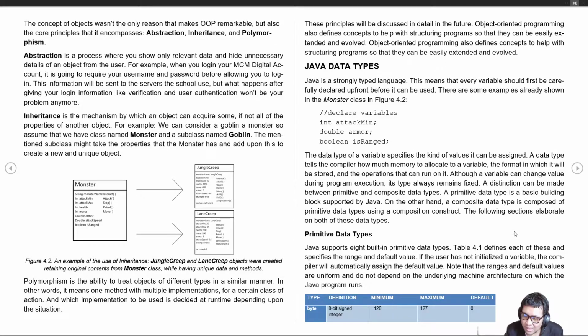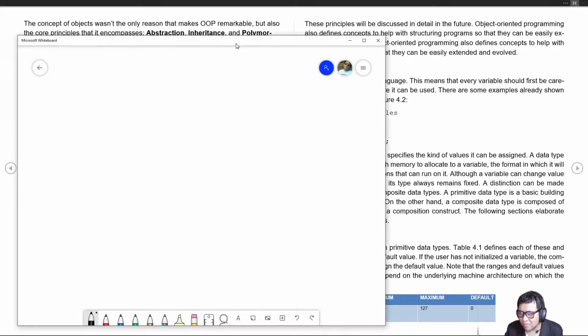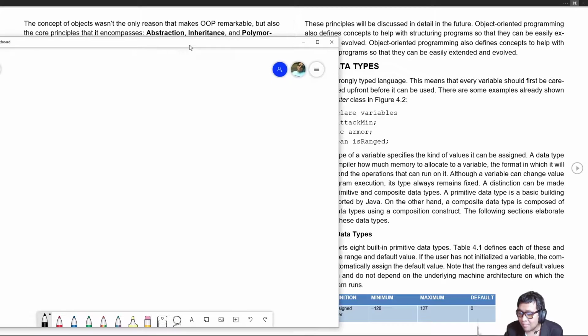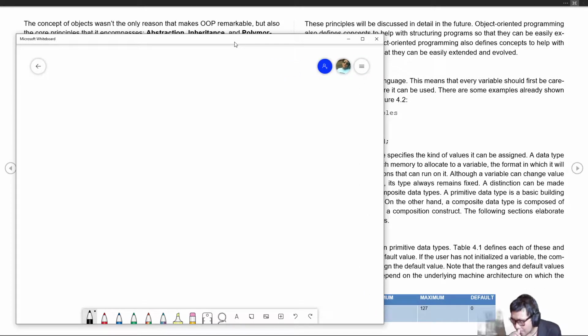So we will be discussing the primitive data types. The first data type is what we call byte. I think Sir Earl may have already discussed this to you. Byte is an 8-bit signed integer, meaning it is represented by